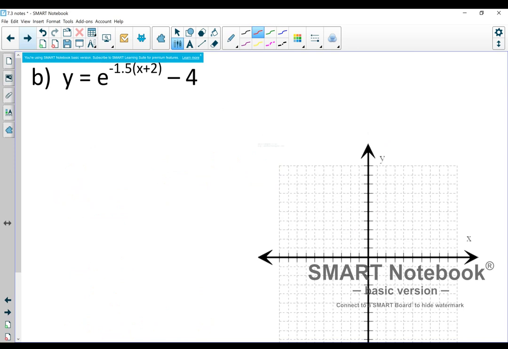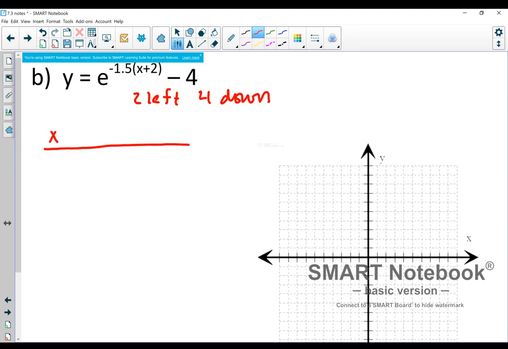We'll just do one more quick graph. For this one, it says x plus 2 and then a minus 4. So remember, in the x direction, it always does the opposite. So this is going to be moving 2 left. And this minus 4 means 4 down. So when I make a table, I would do what I did before,